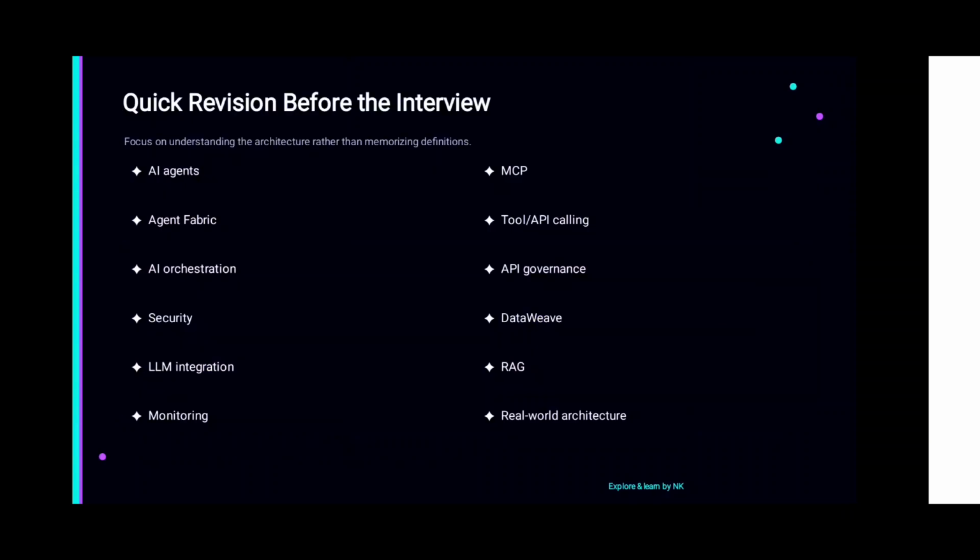So, quick revisions before the interview, right? Focus on understanding the architecture rather than memorizing definitions. So: AI agents, Agent Fabric, AI orchestration, security, LLM integration, monitoring, MCP tool, API calling, API governance, DataWeave, RAG,